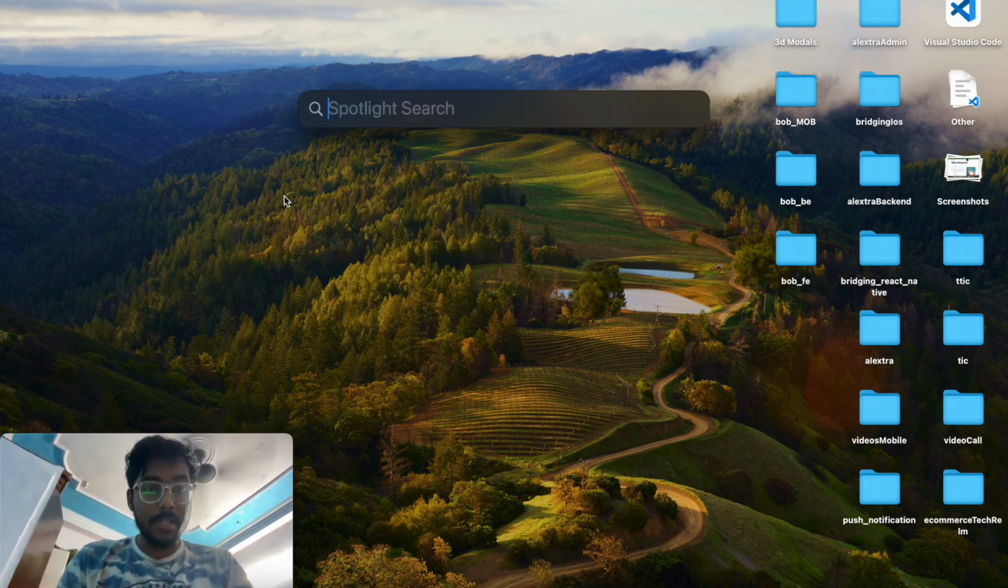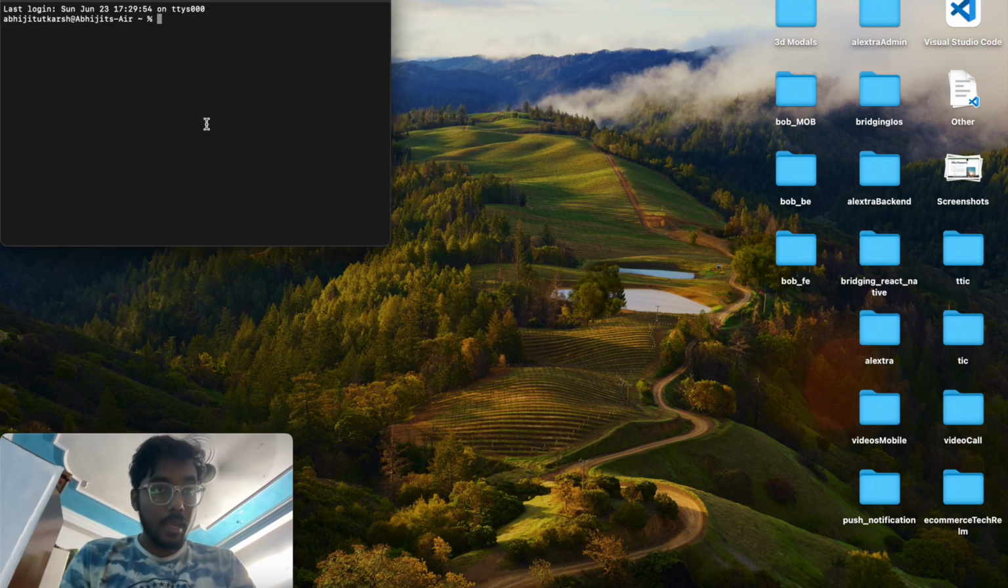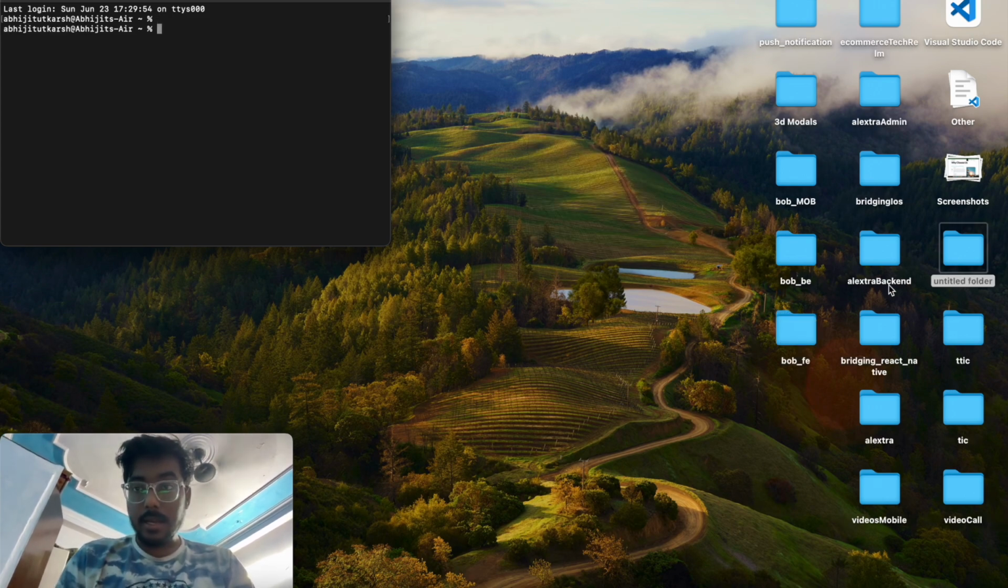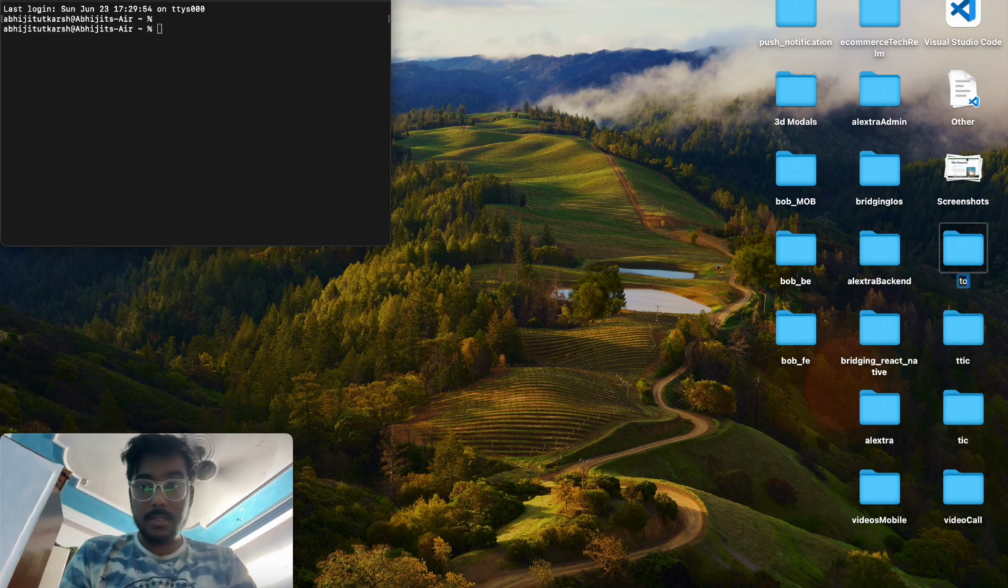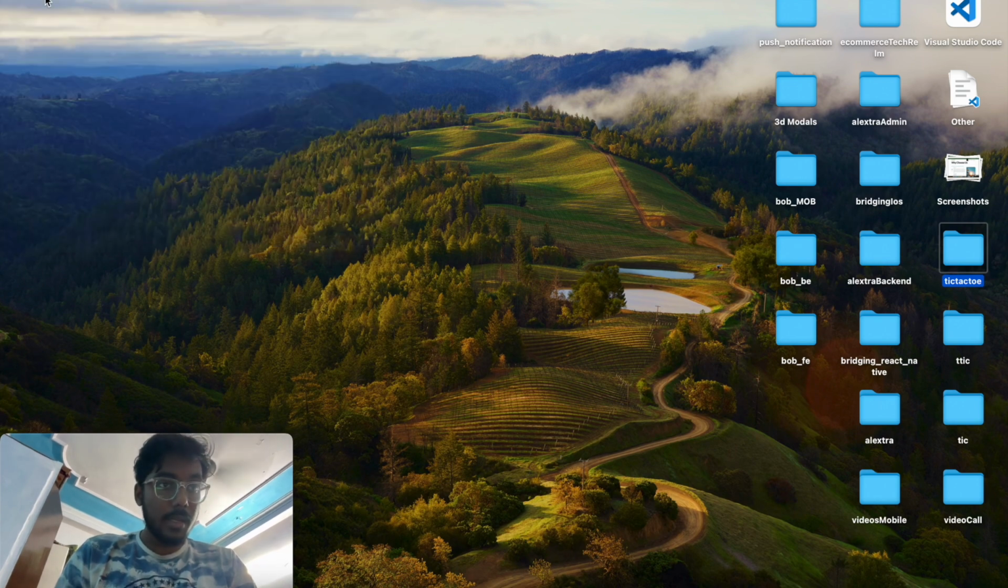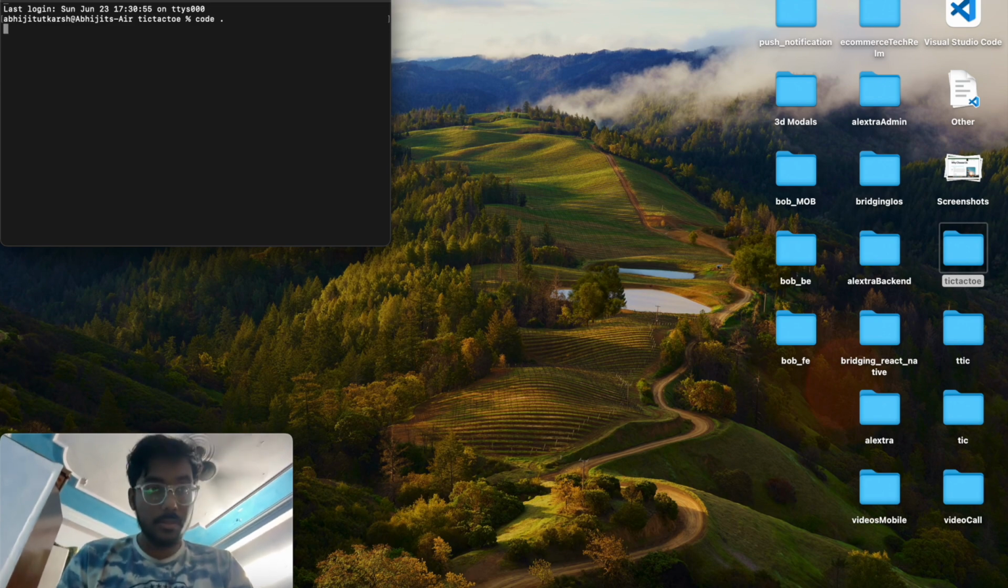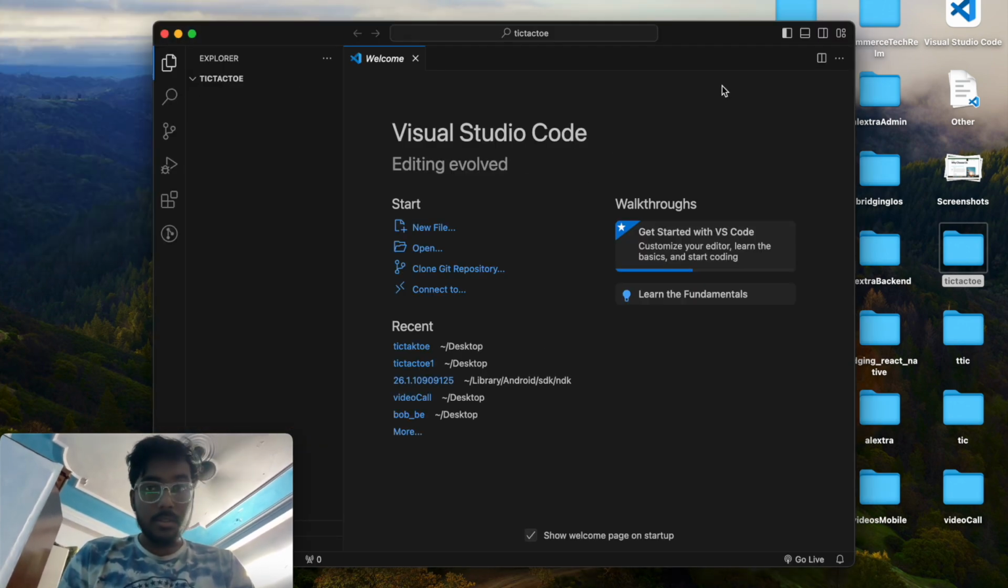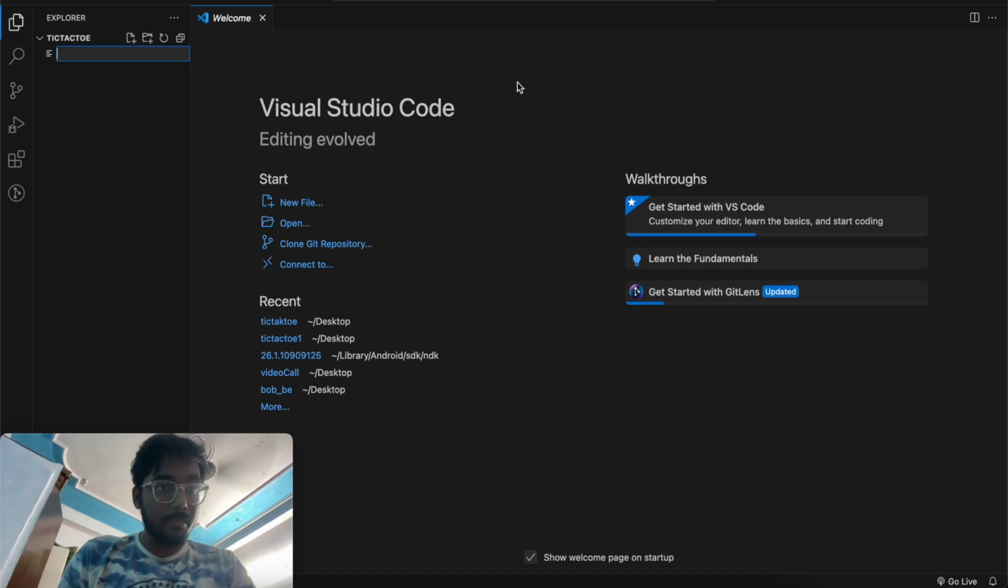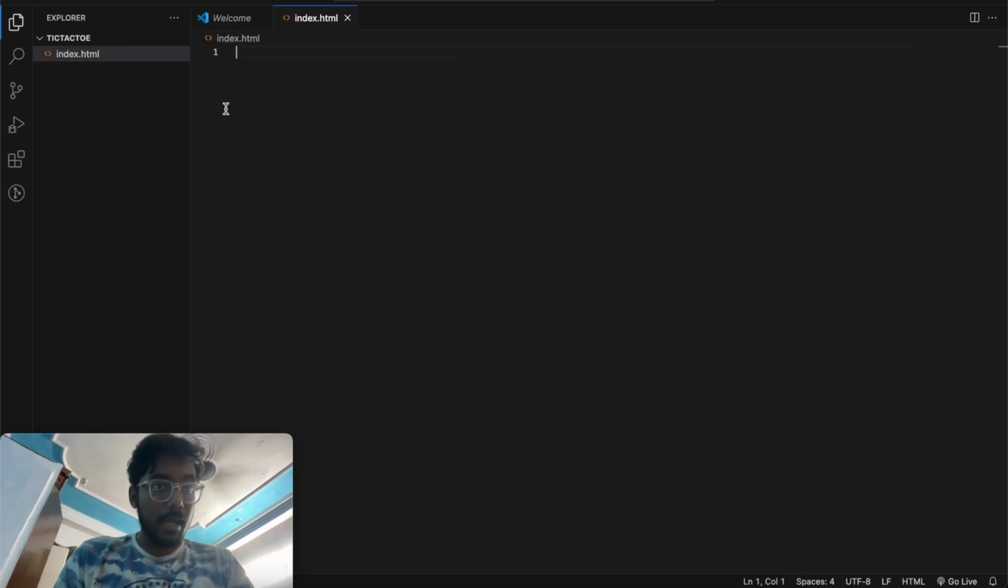So firstly I'll open my terminal and I'll just create a new folder. Okay, so I'll create a new folder here and name it Tic Tac Toe. Okay, and let me open it here with the terminal and code dot. Alright, so this is my VS Code, and now I'll quickly create the files index.html and index.css,